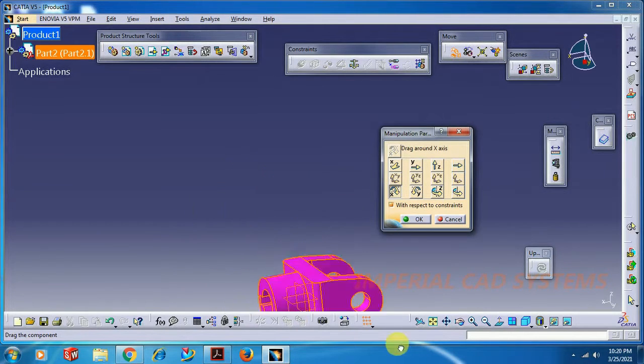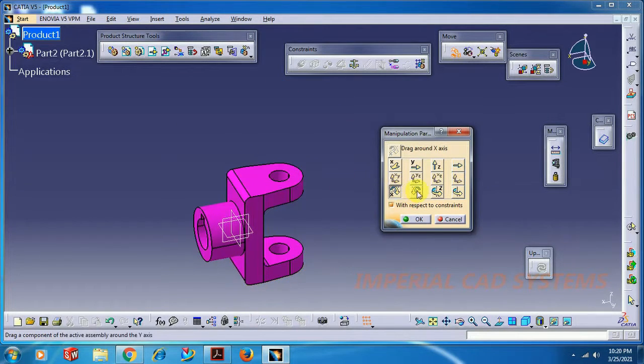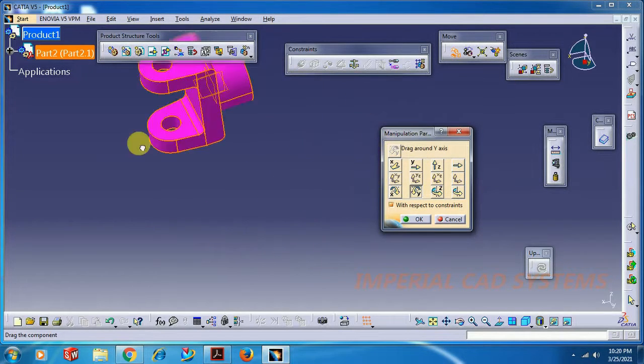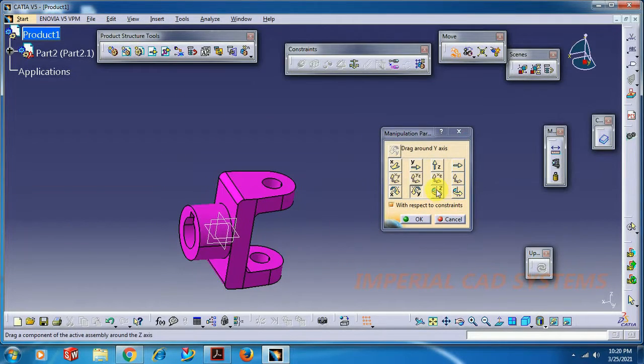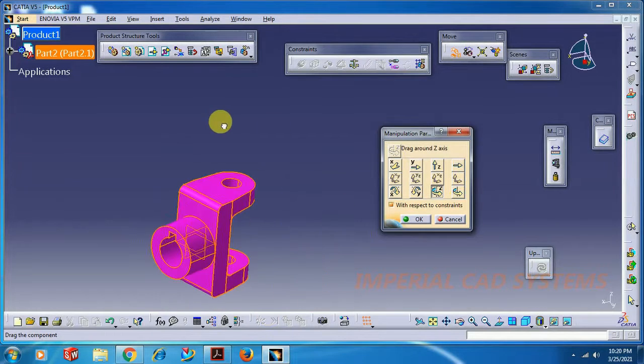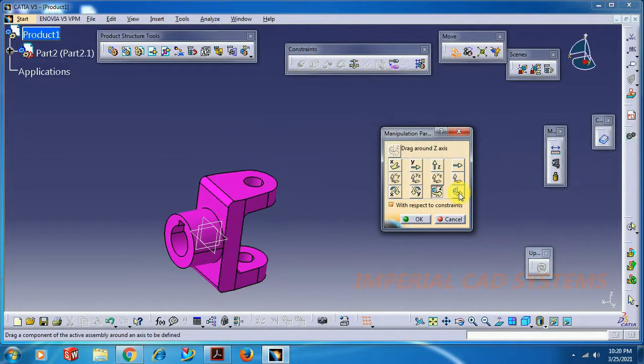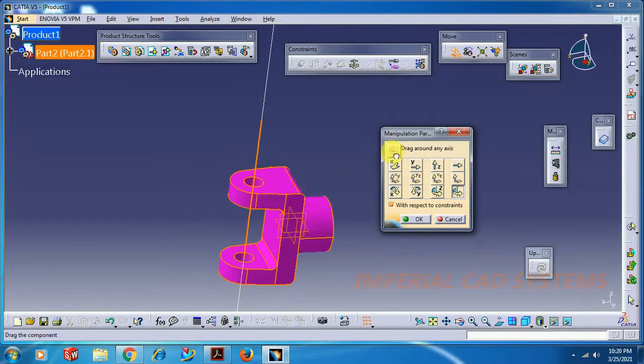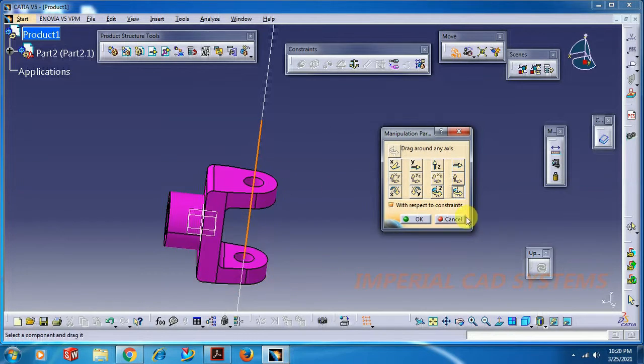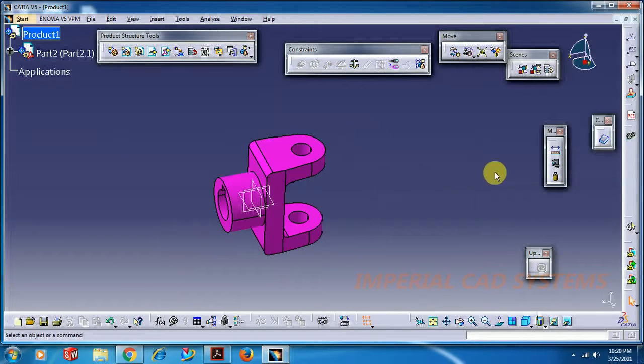And X rotation, select this, the part rotates in X rotation, Y rotation, Z rotation. This is rotation along axis. You just select any axis, then the part rotates along that axis. So the first component we need to fix.